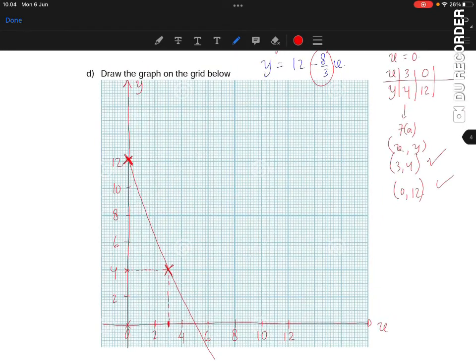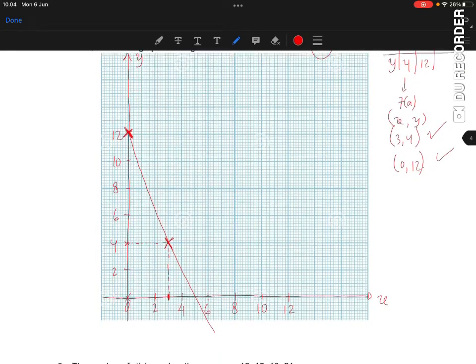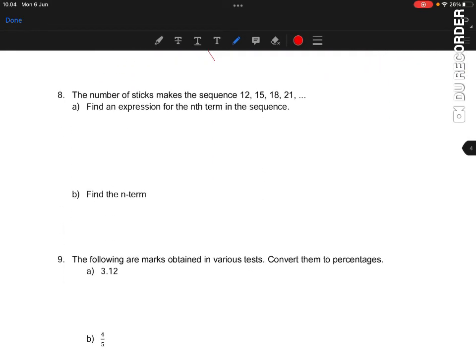Move on to the next question. Number 8. The number of sticks makes the sequence 12, 15, 18, and 21. Find the expression for the nth term in the sequence. You need to identify this to this, this to this, this to this. Is it